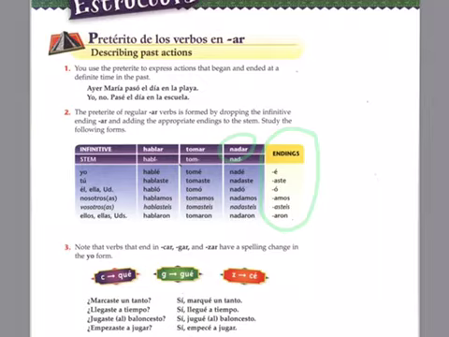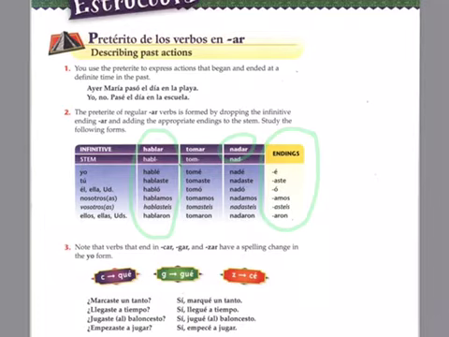So just to go all the way through and see the verb hablar, you're going to see all the different forms. So you just drop the AR. For example, again, yo hablé is I spoke. Tú hablaste, instead of saying tú hablas, you say tú hablaste, and that means you spoke instead of you speak in general. The él, ella, or usted, remember that's he, she, or you, if you're being polite, would be habló. Now, that's pronounced differently than saying hablo, which means I speak. So because the accent mark is there, it's important to emphasize that. So you say habló, él habló, he spoke, instead of él habla, he speaks in general.